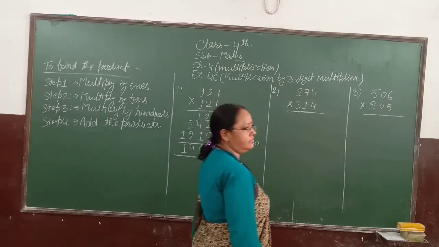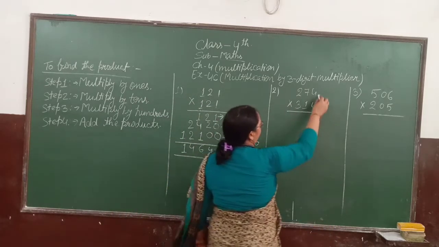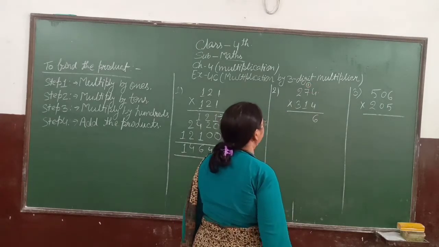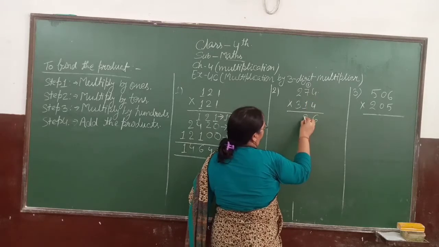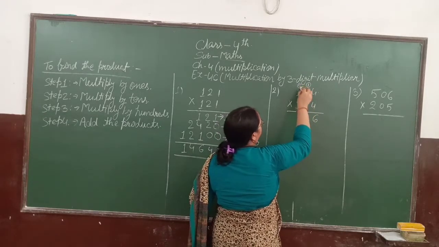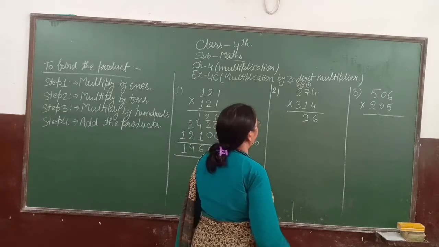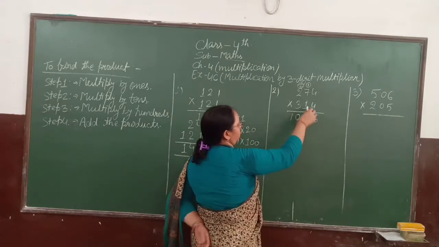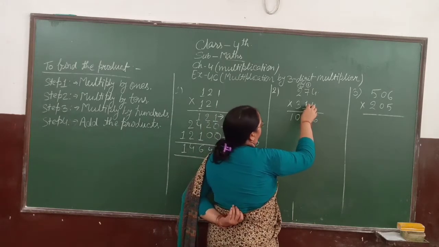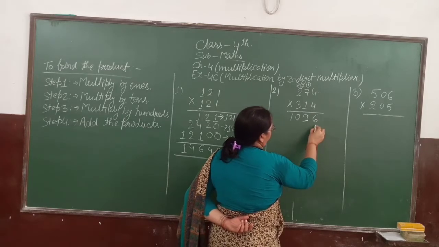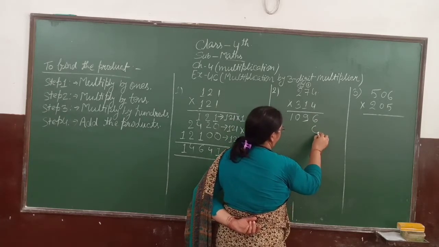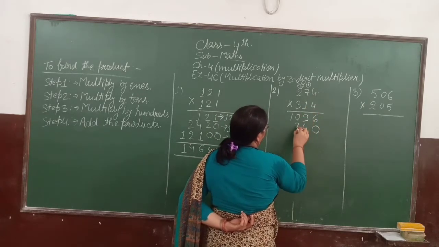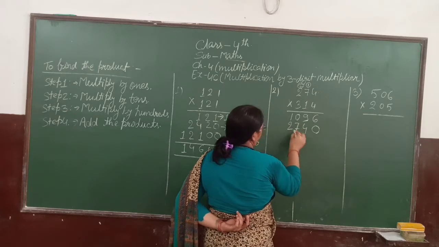Now common question number second. This is 4 4s are 16, 7 4s are 28 plus 1 is 29, 9 is here, 2 on the top, 4 2s are 8 plus 2 is 10. We multiply with the tens place value. So put 0 on the unit place. 4 1s are 4, 7 1s are 7, 2 1s are 2.